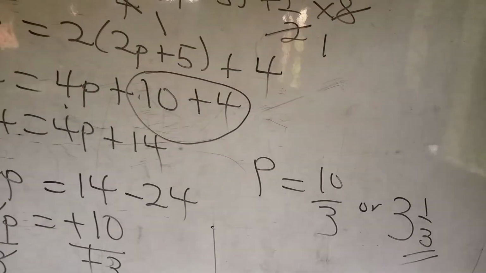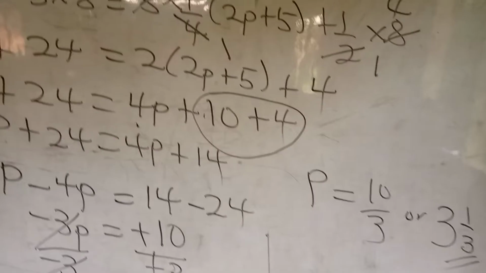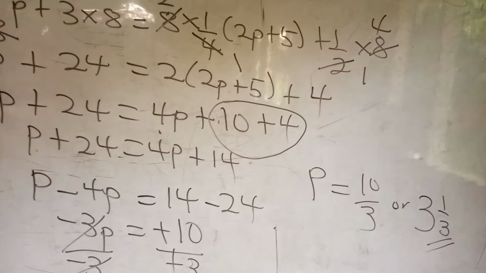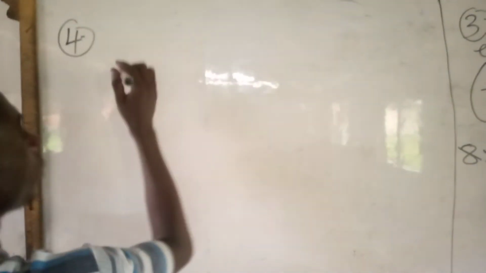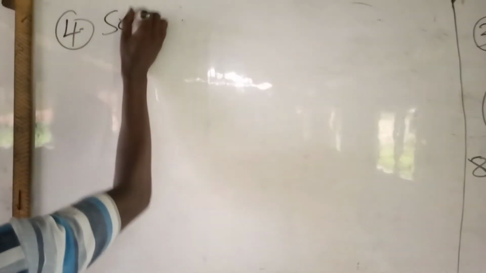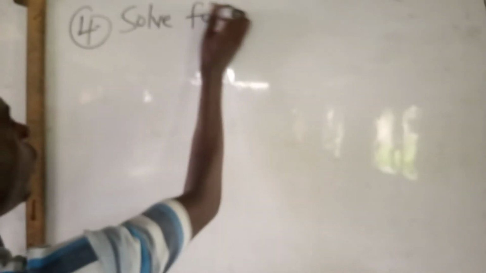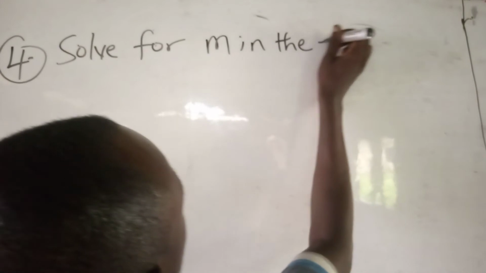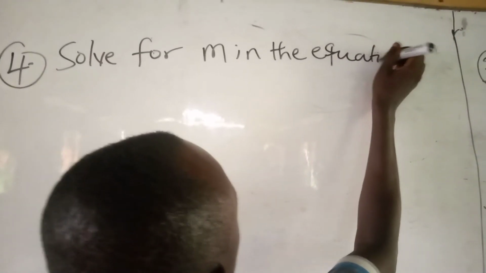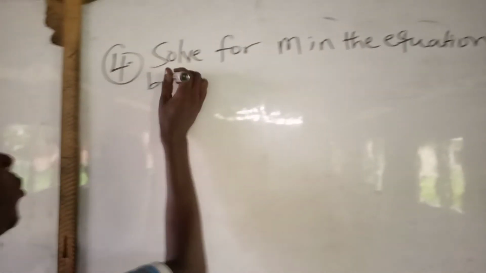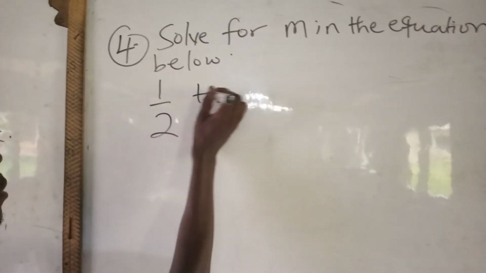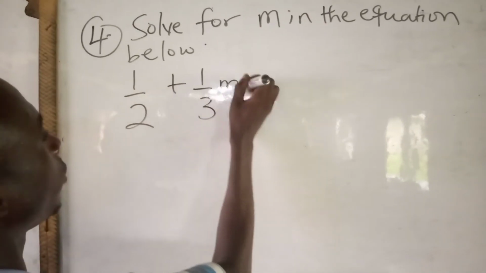Let us take our final example under linear equation involving fractions. Example 4. Solve for m in the equation below: 1 over 2 plus 1 over 3m is equal to